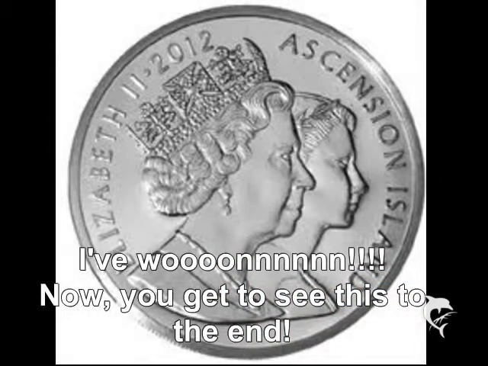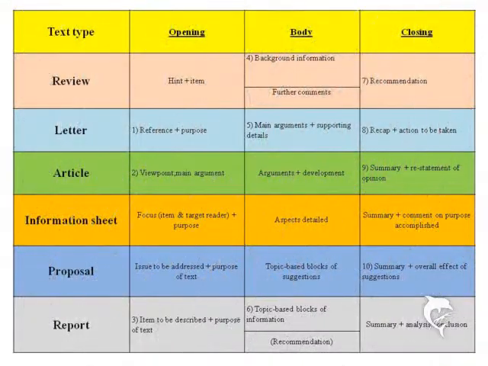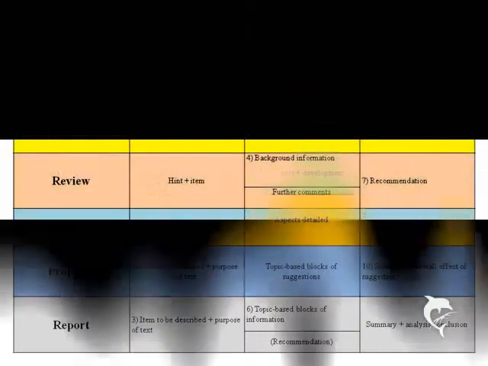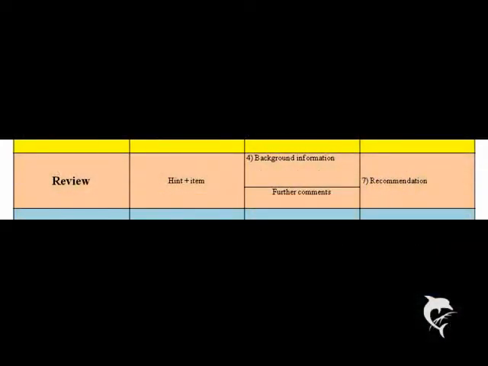This is about writing and I cannot repeat it enough times that the first thing you need to do before writing anything is to choose the text type. You'll use it because that will determine the parts or paragraphs it will be made of. And for example, if you write a review,